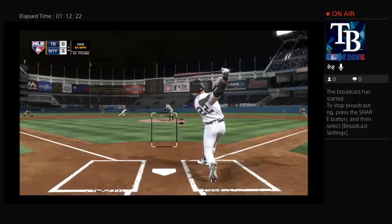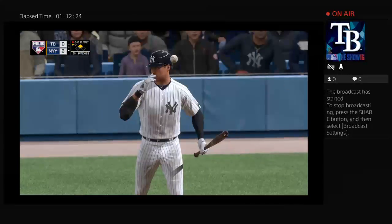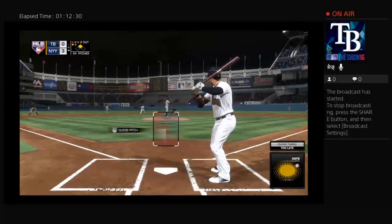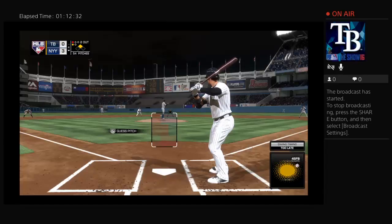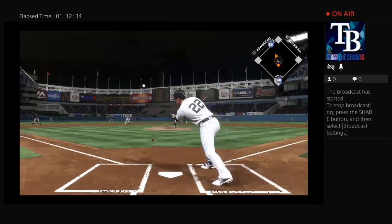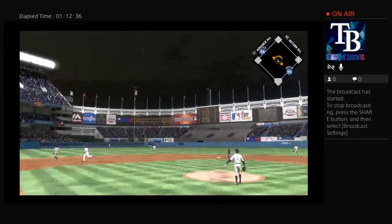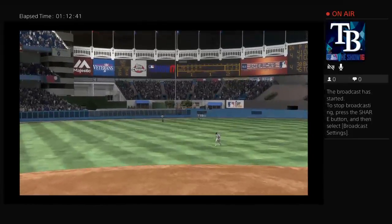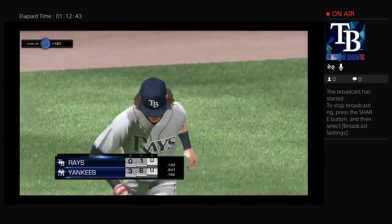1-0 pitch on the way. Swung on and missed. Outclassed by that fastball for a strike. There's another swing and strike on a fastball. He's got a nice fastball working, great pop on it, and he's keeping it high in the zone. They're going to have to lay off that if they want to have any success, because if you keep chasing it, they're going to keep swinging and missing. And he will get there to make the running play, and that will end the...